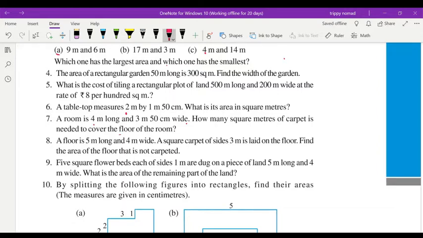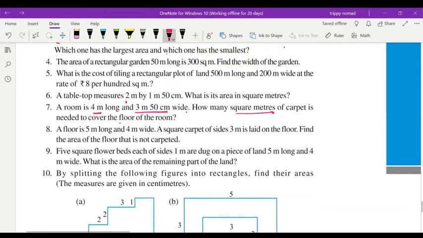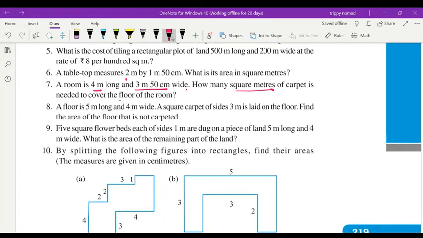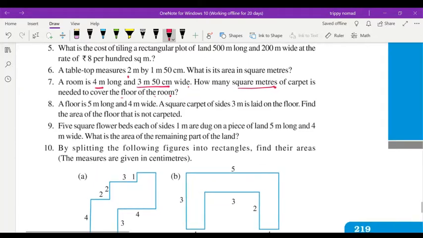This is length given, this is breadth given, and in square meter the carpet they have to cover the floor. So you have to find out area, and in square meter as we have done in 6, you will do the same way in the 7th also, but only you will write area of the floor to be covered by the carpet. So the last statement in the answer you will write after finding out the area. You will write in answer, the carpet needed to cover the floor of the room is equal to how much area you will find out. That will be the answer.